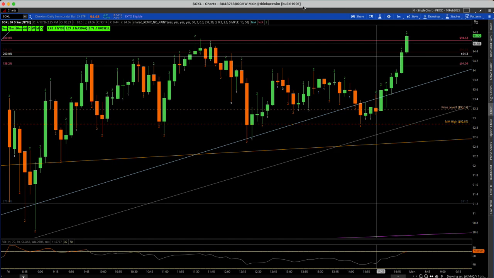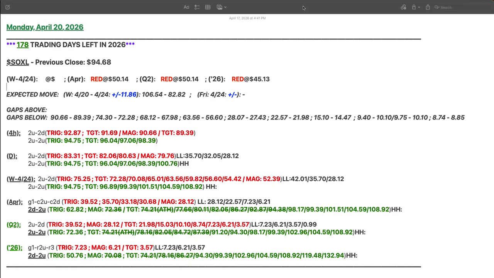In the meantime, there again is not a whole lot to talk about on the higher time frames, because we've obviously blasted past the magnitude for both the quarter and year reversal strats. And we don't really have any other reversal strats that are lined up on the smaller time frames. So we will need to, again, continue to be patient. Again, if you're in,